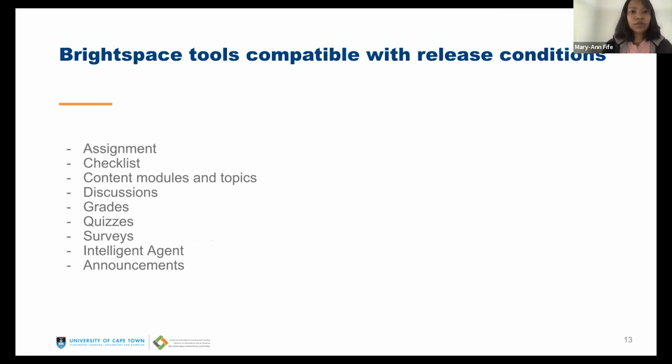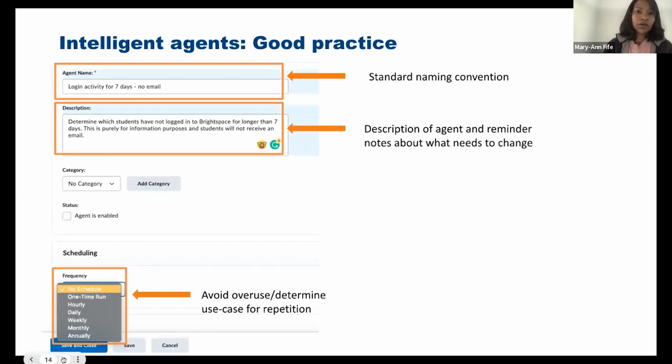So it's all the tools that we mentioned in the category side, so assignments, checklist, content modules and topics, discussions, grades, quizzes, and surveys. And in addition to that, the tools compatible with release conditions are Intelligent Agent, of course, and then announcements, as Lauren was mentioning before. So before we go into a demo of Intelligent Agent, just going to look at it in the site, just some good practice related to using